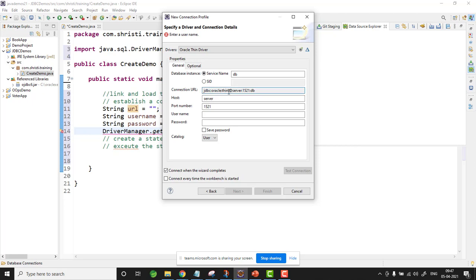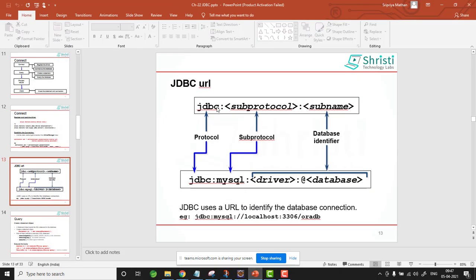The URL goes like this, jdbc: the path. See, I will just show you. Have a look. See, jdbc: the path, subprotocol, that is whether you are working with Oracle or whatever. Then the subname. So here it is jdbc:mysql: so it is jdbc:oracle: then where your database is located. In this case, it is localhost:3306 for MySQL. Localhost means what? It is sitting in your own system. Suppose if your database is sitting in a different system, you need to get the IP config of that machine.